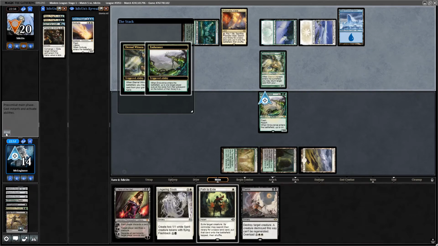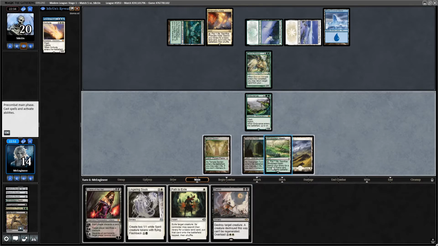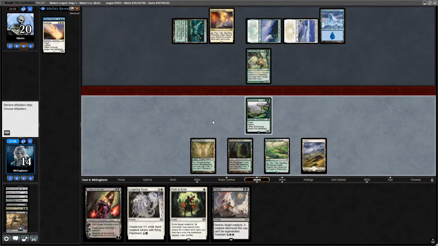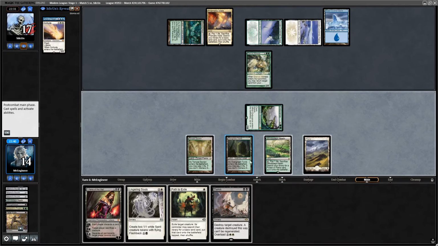We'll shuffle their graveyard. Play Winds of Teeth. Now they do have Force of Negation up. I kind of want to resolve this Liliana. Question is, do we try to bait out the...